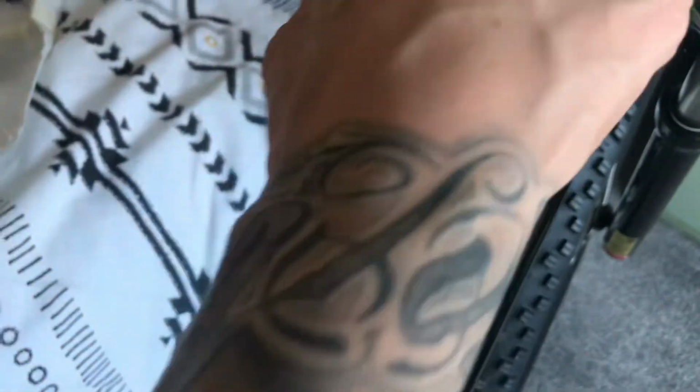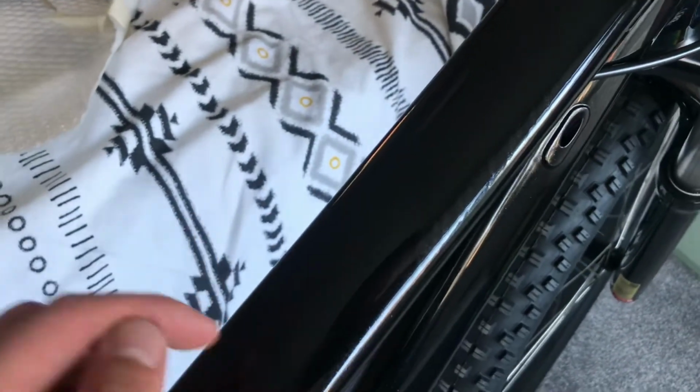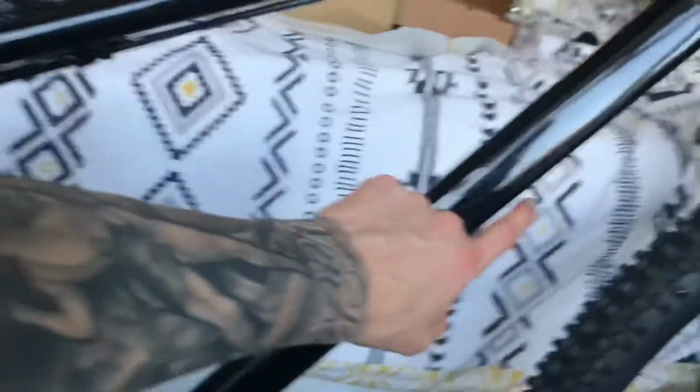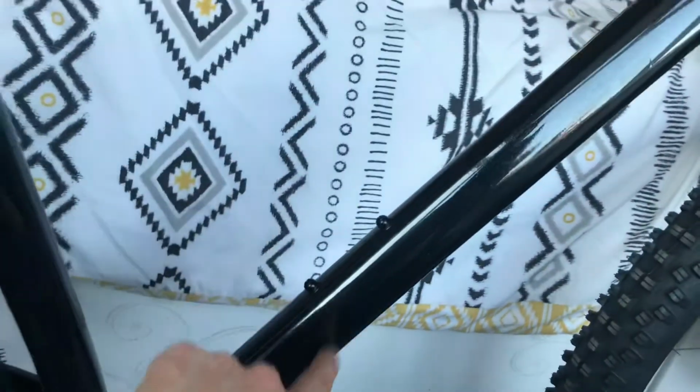What this is, it's just the embossing from where Nucleus is printed on here, but it just does not show up one iota when you've got this. Let's face it, it's black, it's not blue, is it? Midnight blue, my arse. It's jet black, and it's the same story with where it says Vitus on here. You can't see it at all, like it's just pretty much an unbranded bike,